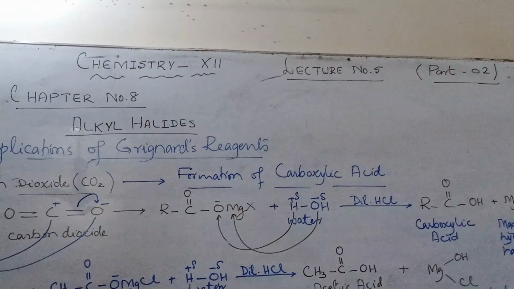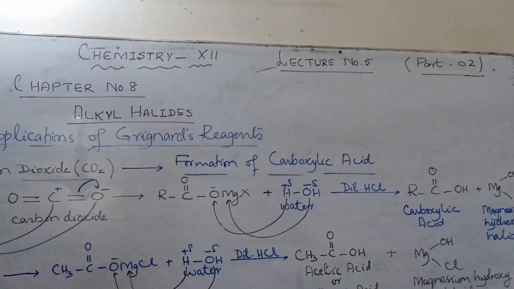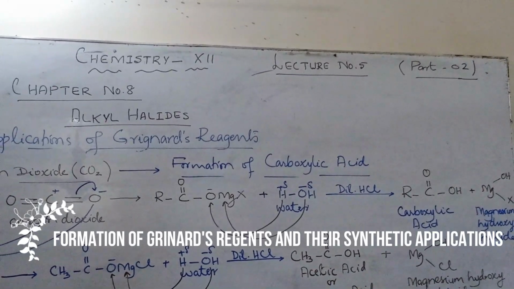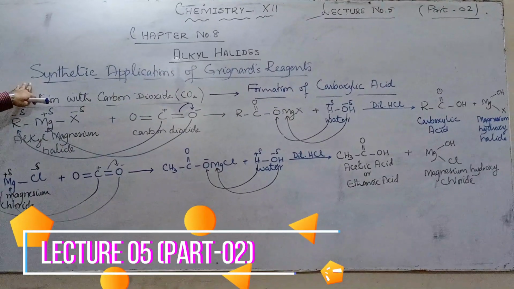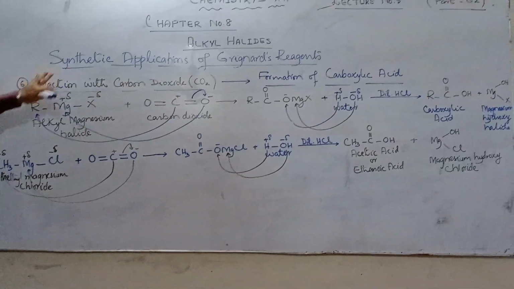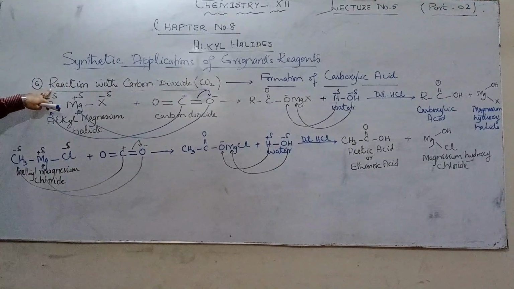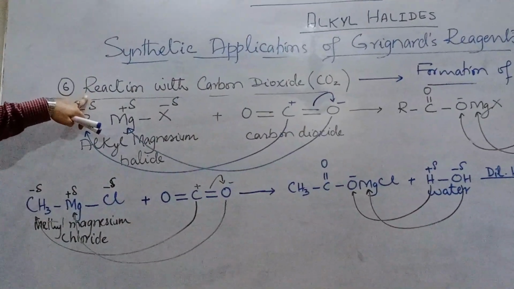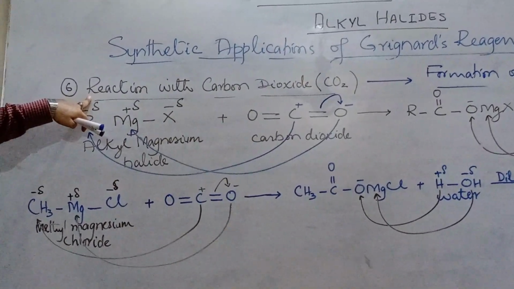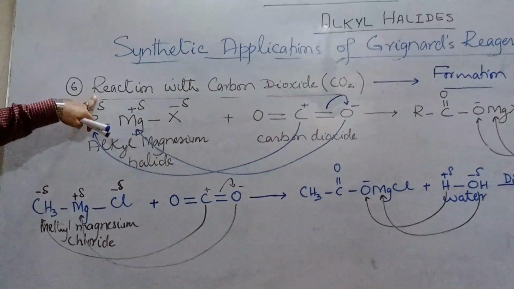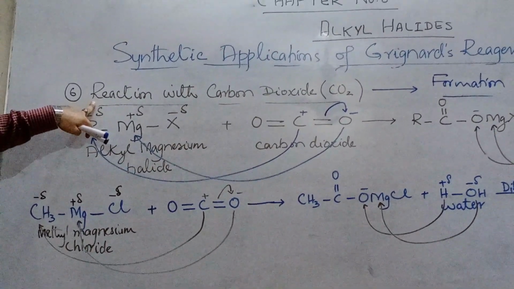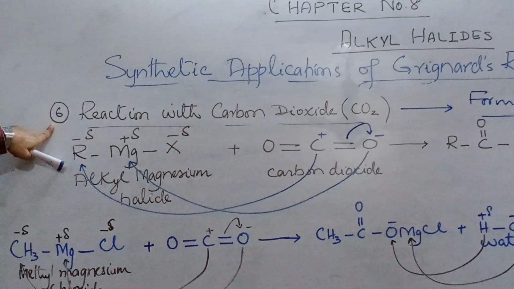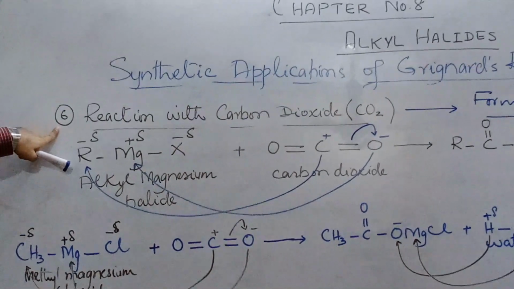Yesterday was part 1 of lecture number 5, in which we started the Grignard's reagents and their synthetic applications. Today is part 2 of lecture number 5, in which we have to discuss the remaining 4 synthetic applications, because we did the first 5 synthetic applications of Grignard's reagents yesterday, and in those 5 reactions we got alkanes as the main product. Now today I am continuing from the 6th reaction of alkyl magnesium halides, Grignard's reagent, and